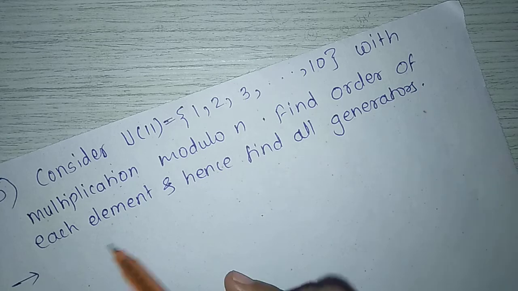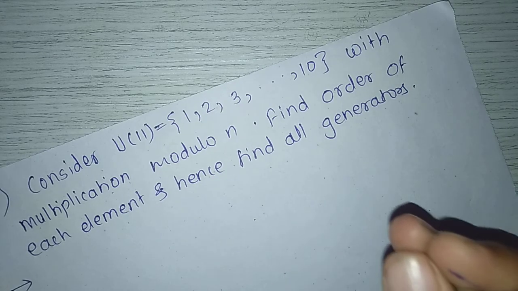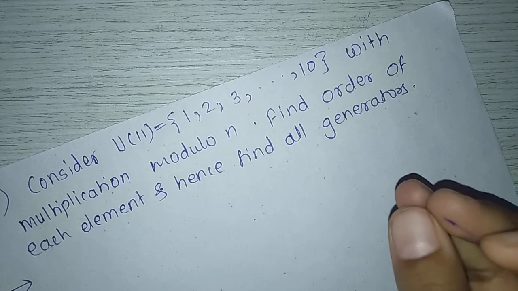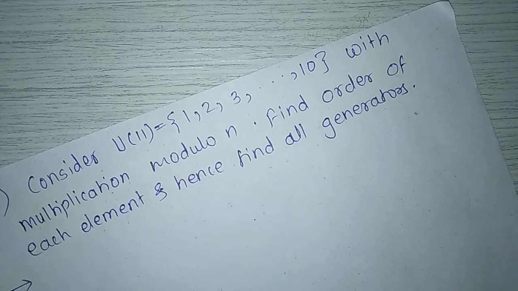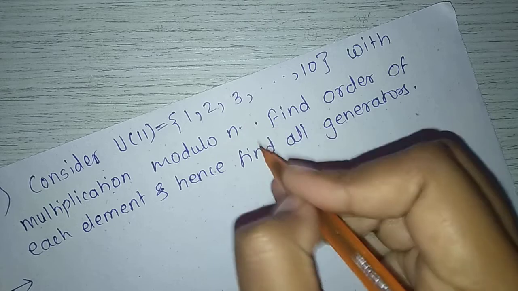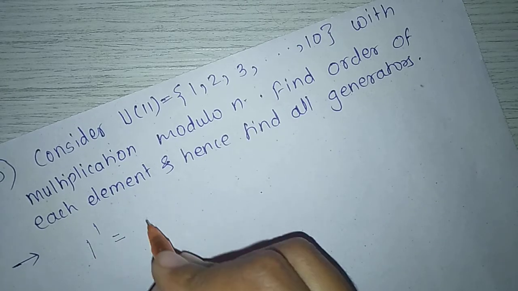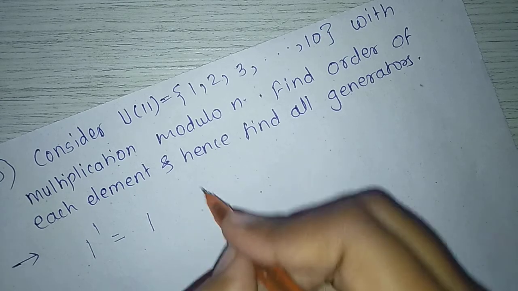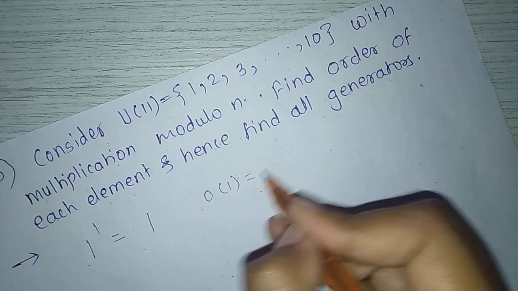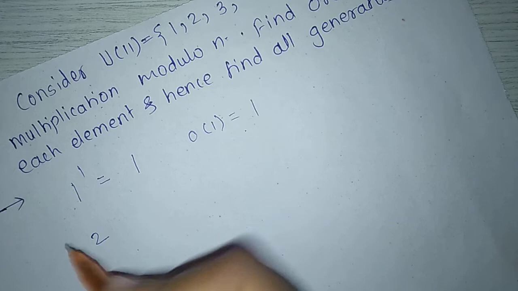Find the order of each element. To find the order of each element, we will find powers of each element till we get the identity, that is 1. Here the identity is 1 under multiplication modulo n. N is 11. 1 raised to 1 equal to 1 means the order of 1 is nothing but 1. Next, for 2, to find